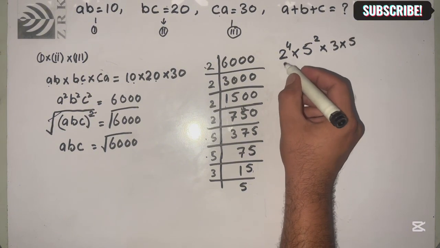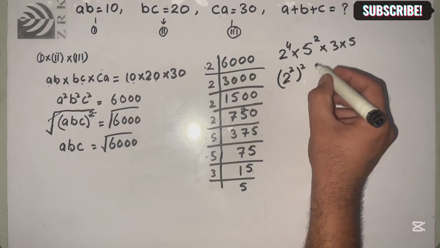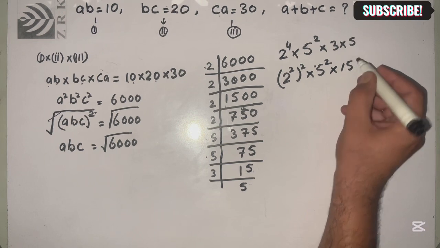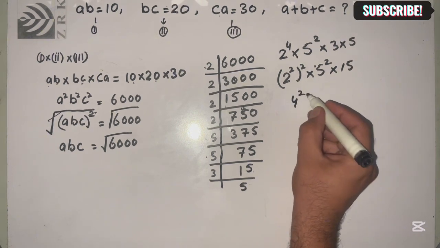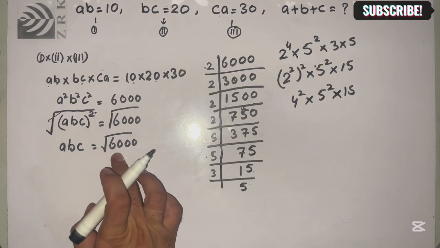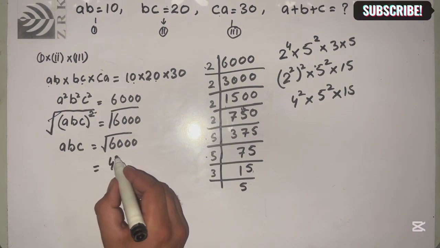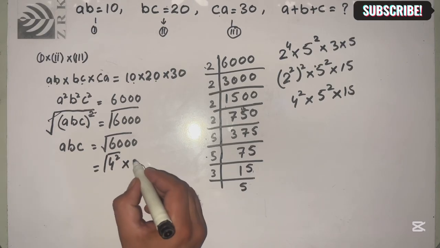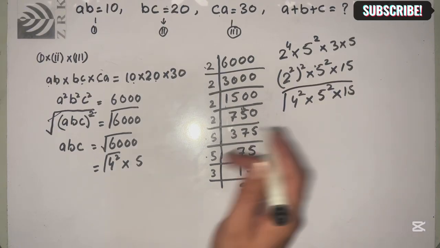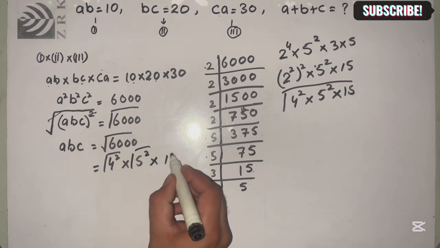And this can be further written as 2 to the power 2, whole to the power 2, multiplied by 5 to the power 2, multiplied by 3 5s are 15, and this can be 4 squared multiplied by 5 squared and multiplied by 15. Instead of this 6,000 we can write this one, so we will have 4 squared square root multiplied by, because we can apply the square root to each of them, 4 square and 5 square square root multiplied by 15 square root,